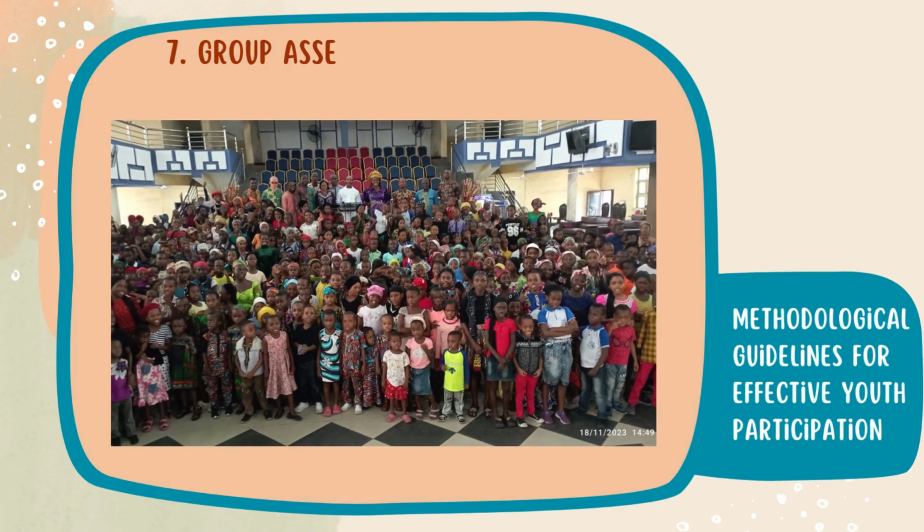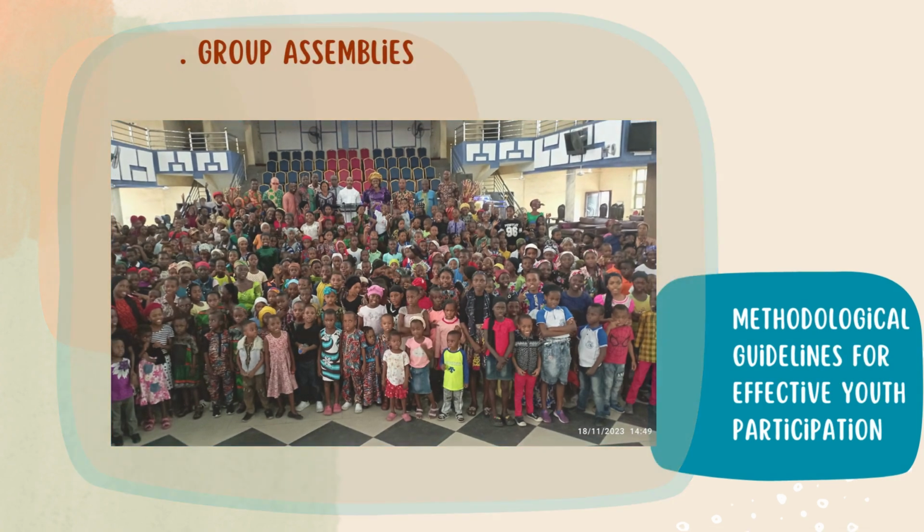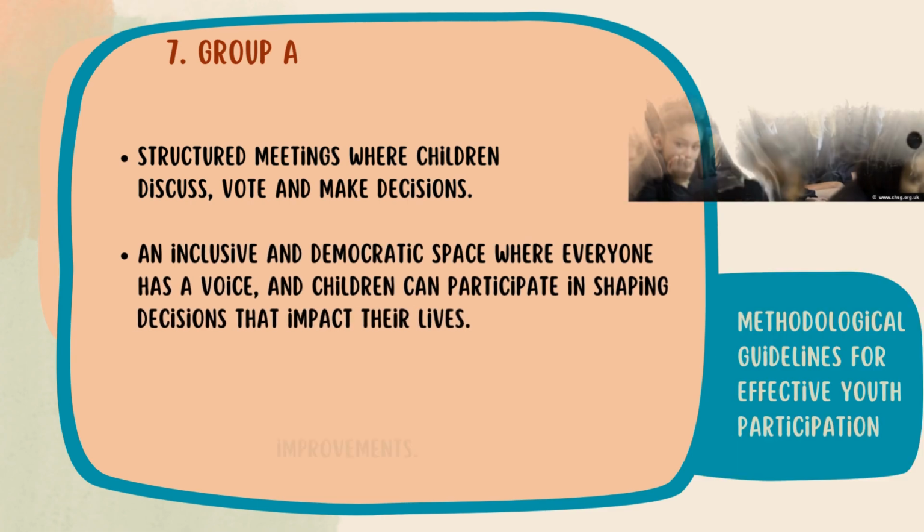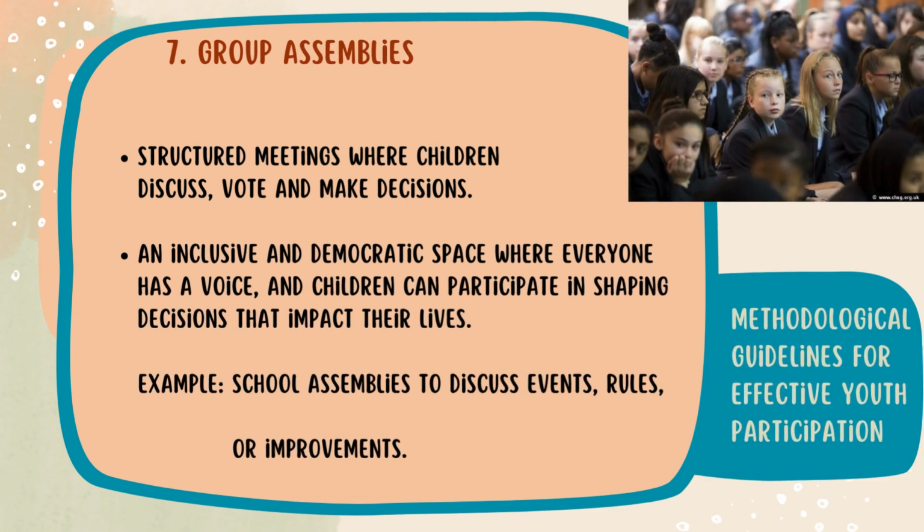And the last is group assemblies. Group assemblies are structured meetings where children gather to discuss important issues, make decisions, or share updates. These assemblies offer children the chance to express their views, vote on decisions, and participate in discussions about topics that affect them. It's an inclusive and democratic space where everyone has a voice and children can participate in shaping decisions